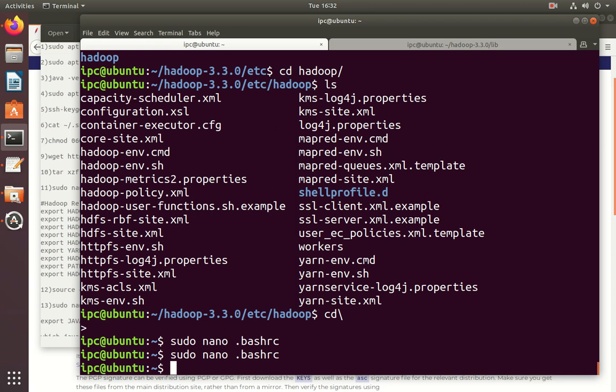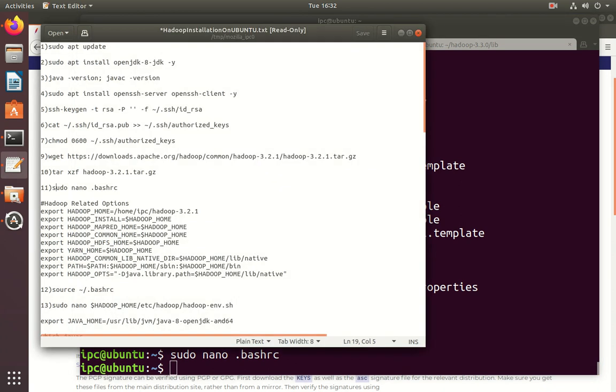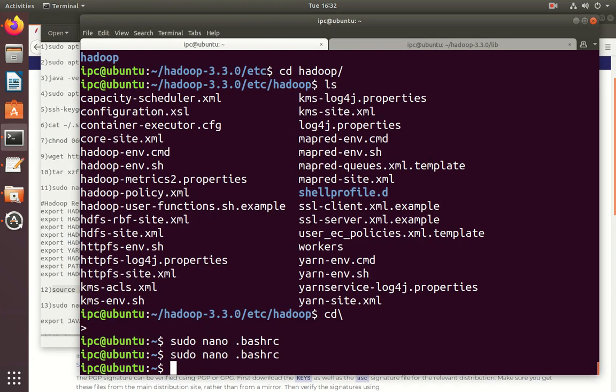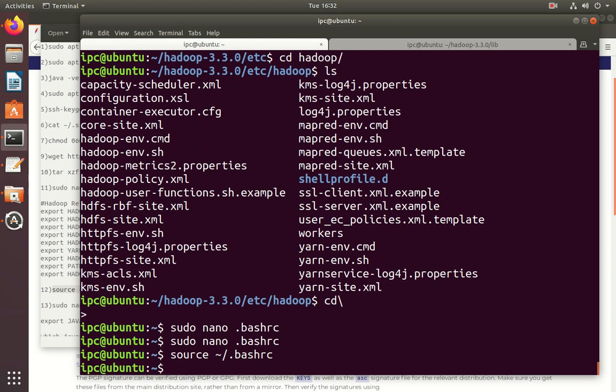Now it is vital to apply the changes to the current running environment by using this command. By using this command we can just refresh the bashrc file. Yes, completed.